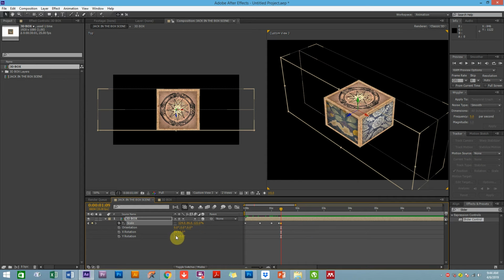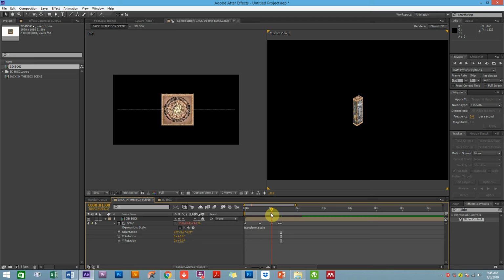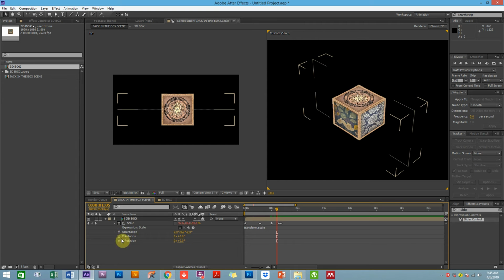So there's an easier way to do this. Well, I wouldn't say easier, it's a few extra steps, but it makes your animation work a little bit more in control. I'm not saying that you can't animate this way. You can, but there is another method which I'm going to show you anyway, if you want to use it, because it will help you have better control over your scale. So let's remove all of this